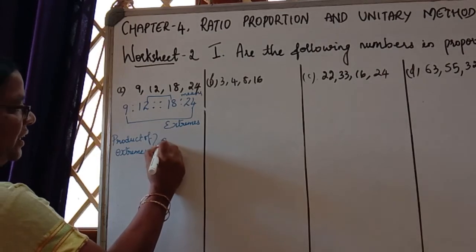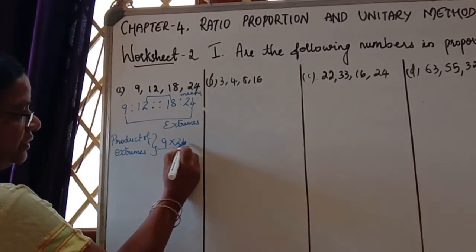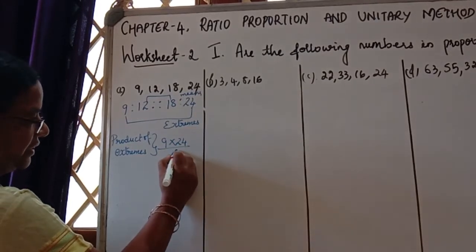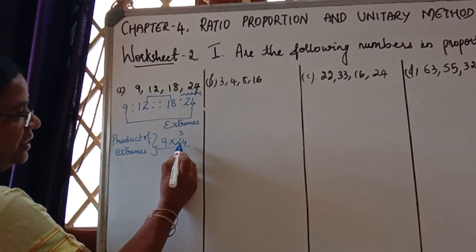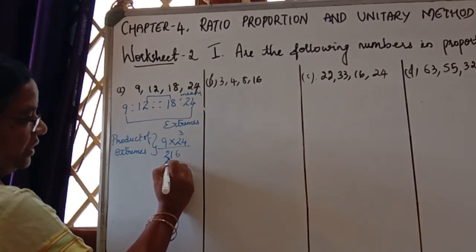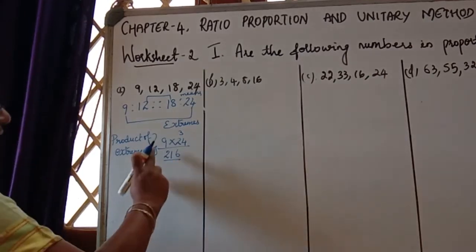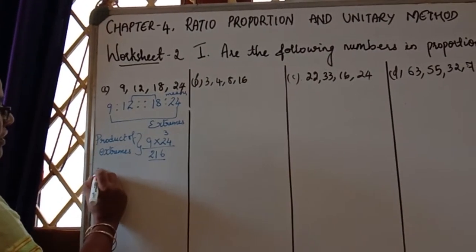What is that? 9 into 24. 9 4s are 36. Remainder 3. 9 2s are 18. 18 plus 3, 21. So 9 into 24 is equal to 216. Now we'll find out